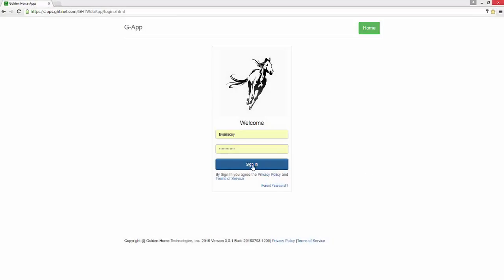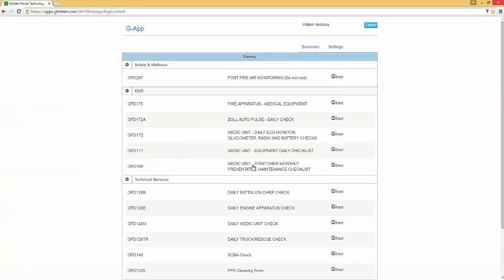We're on the main login page, and we're going to sign into the application. We land on where all our forms are at. We have 3 different departments, and each department has forms underneath that are specific to their department. If we want to create a new department or create a new form, we go to the Settings tab,